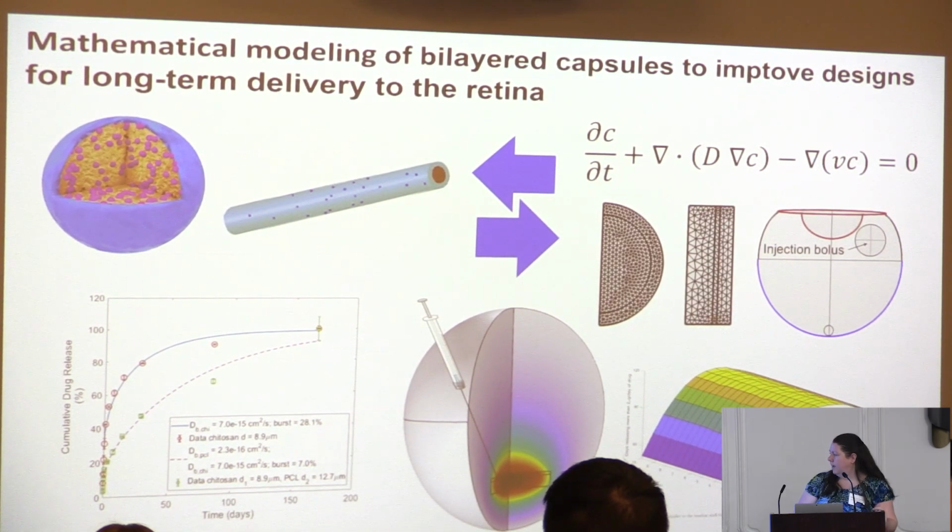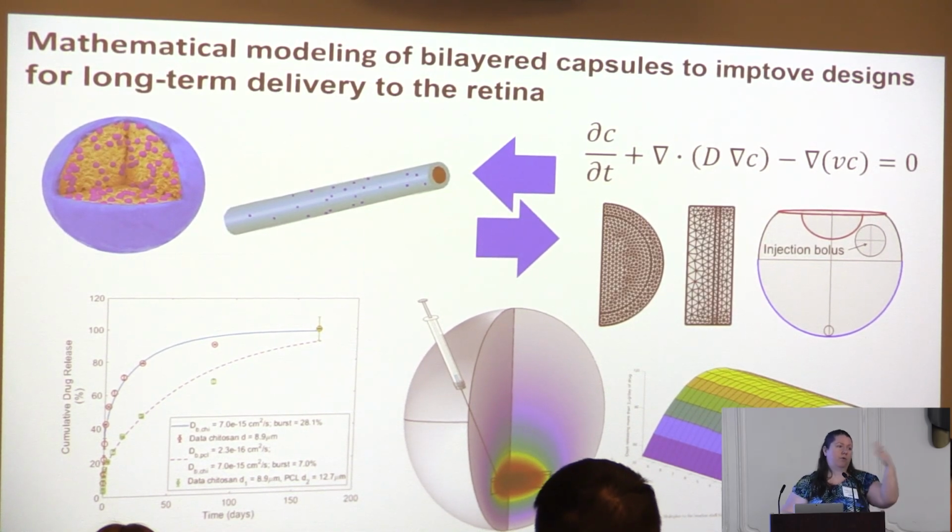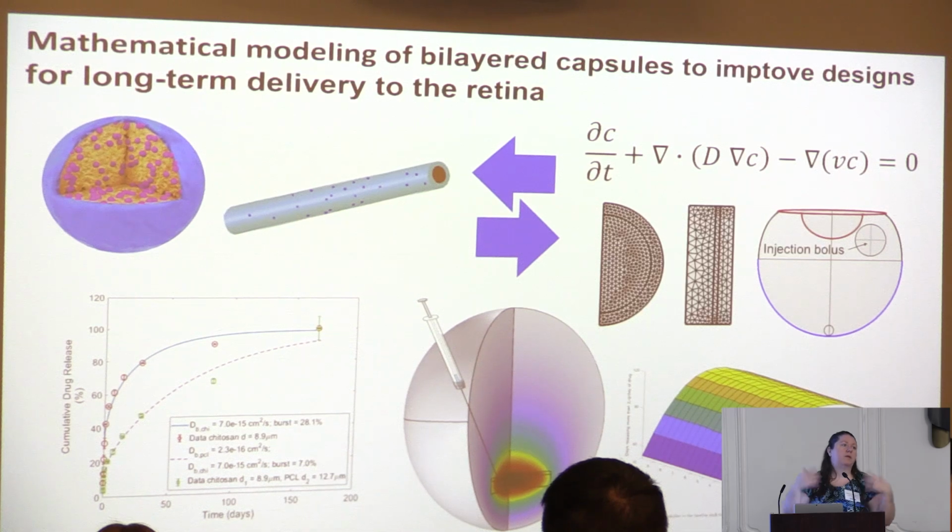And so being able to say, okay, there's not a lot of change if we're doing thicker layers of polycaprolactone, but if we make the chitosan core bigger, that's the bigger determinant in this drug release rate. And this y-axis, or z-axis, is the days that the therapeutic is being released over a therapeutic rate. And so we want to maximize that. So we can use these to rationally design with minimal experiments a better